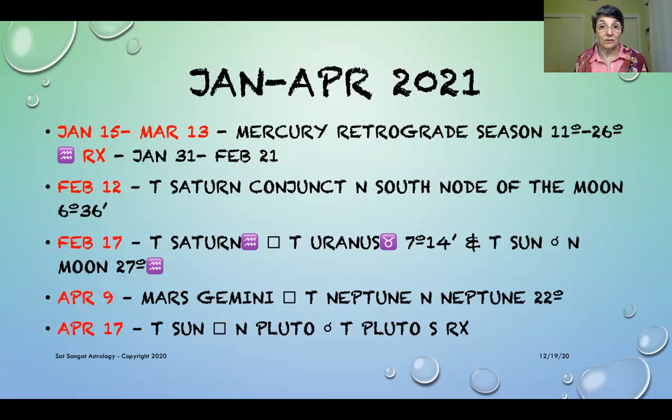March is not that it's too quiet, but the most remarkable and significant transits come back in April. Mars in Gemini will square the transit Neptune and the natal Neptune. Why? Because the transit Neptune is opposing the natal Neptune. So that is very significant as well. And I think Mars squaring Neptune is very significant because it can indicate